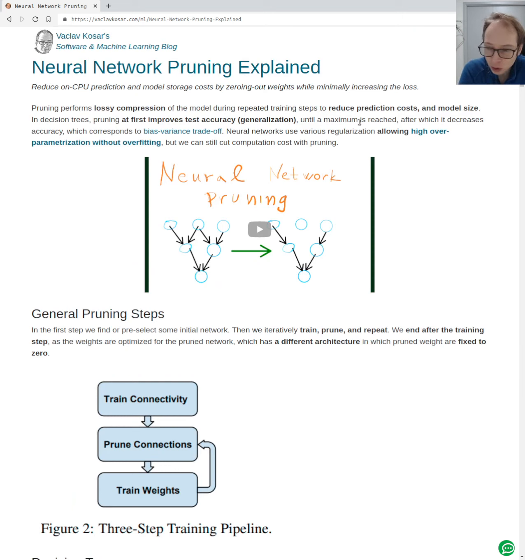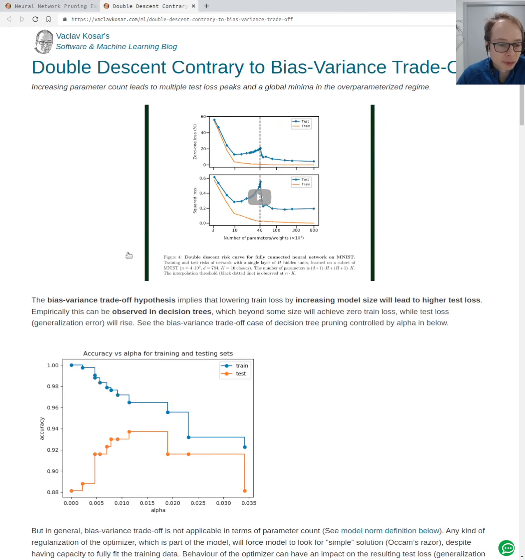So pruning performs lossy compression of the model during repeated training steps to reduce prediction costs and model size. In decision trees, pruning works as a regularization, so it first improves test accuracy, the generalization, until some sort of maximum, after which this regularization decreases the test accuracy. This is called the bias-variance trade-off, because during the pruning we are reducing the number of parameters, and that's what the bias-variance